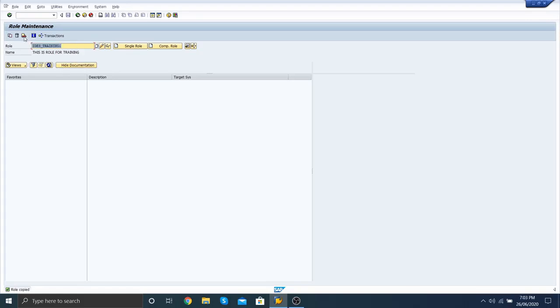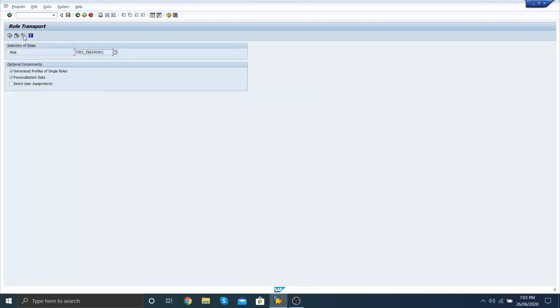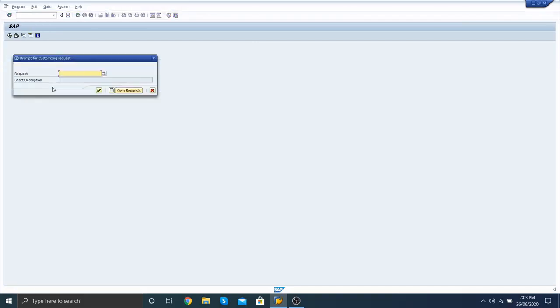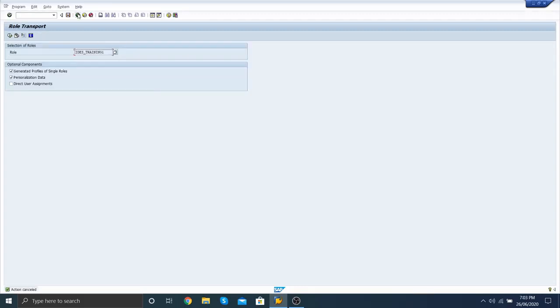If you want to transport this role to other servers or other clients, you can transport a role from here. You can execute a transport request: you can make one, create a request, and then you can transport the role.